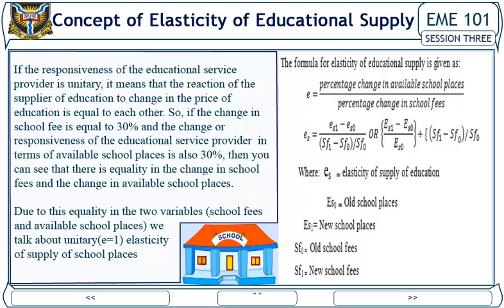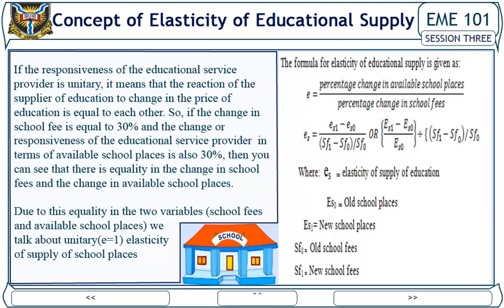Due to this equality in the two variables, school fees and available school places, we talk about unitary elasticity of supply of places. The formula for elasticity of educational supply is given as